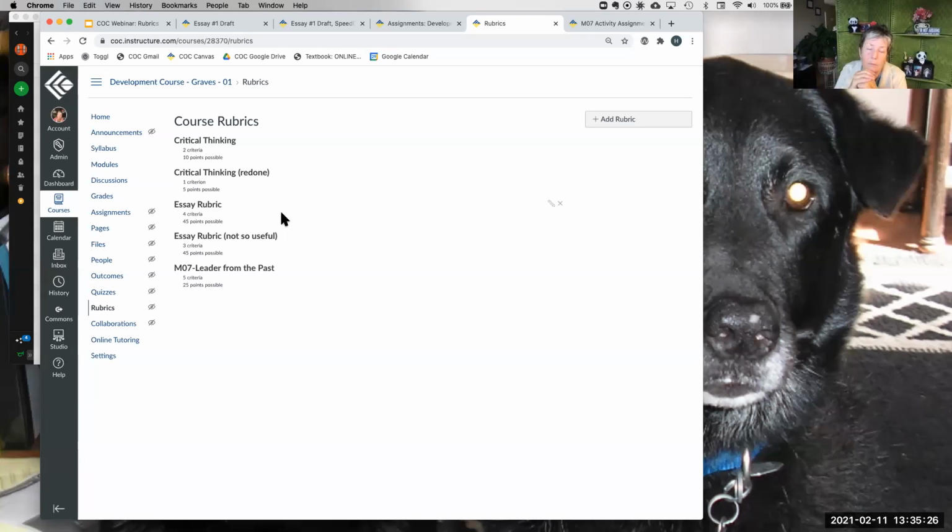Yeah, so you don't get it too stacked up. You can also tweak the rubric, so you don't necessarily even have to make a copy if the foundation of it is still what you want to do. You just want to edit or change the points or whatever, and then you won't have to worry about remembering to delete. But it really depends on how different one rubric is from the other, and the way you think.